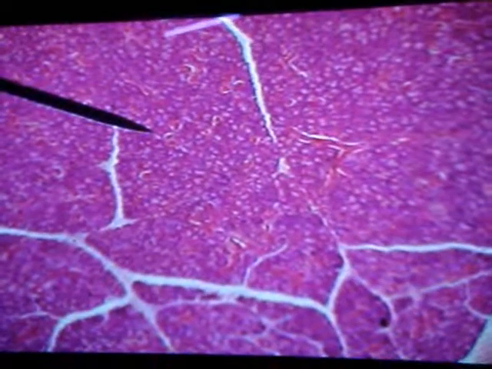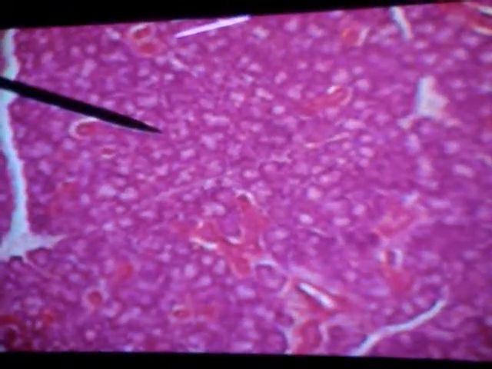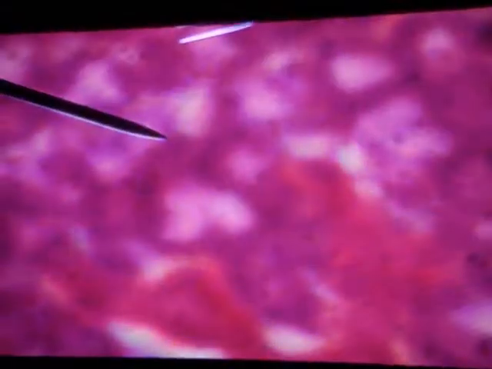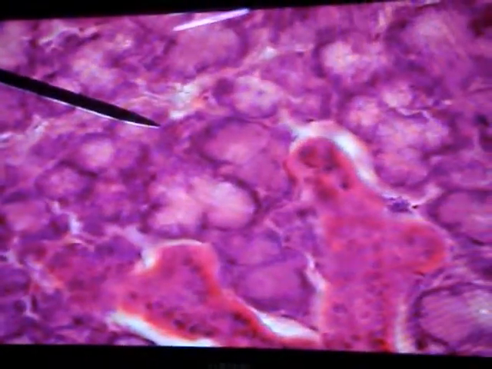gland. The large ducts, you will not see so many ducts here, and even the connective tissue septa are not so well defined. So here you can see the mucous acini.